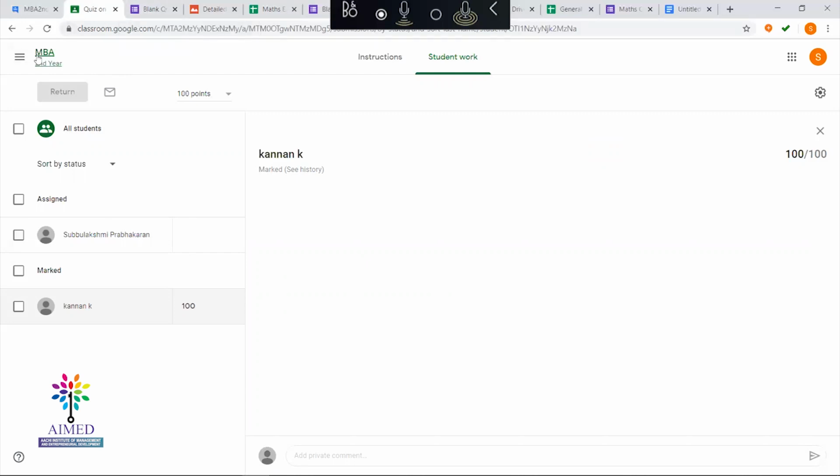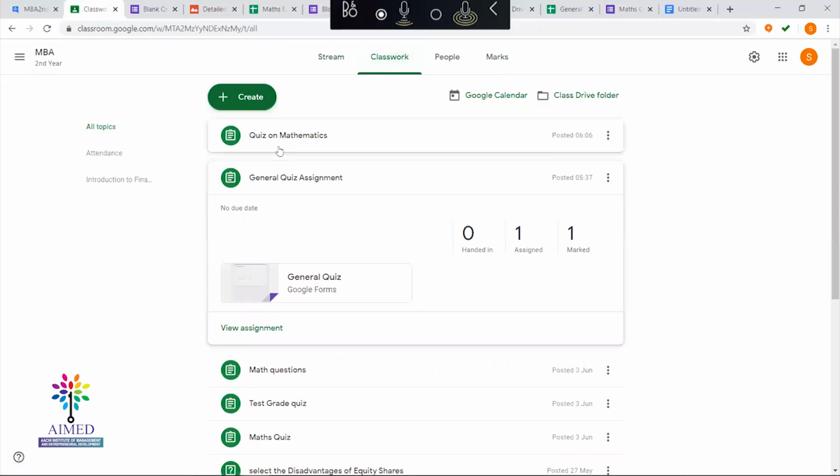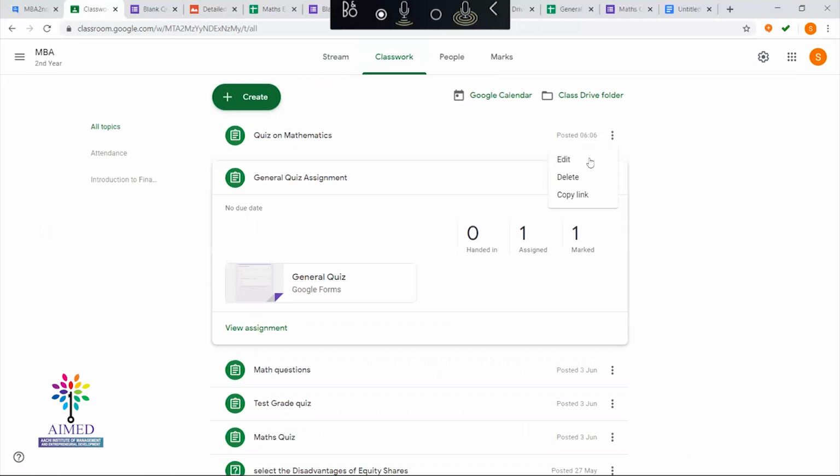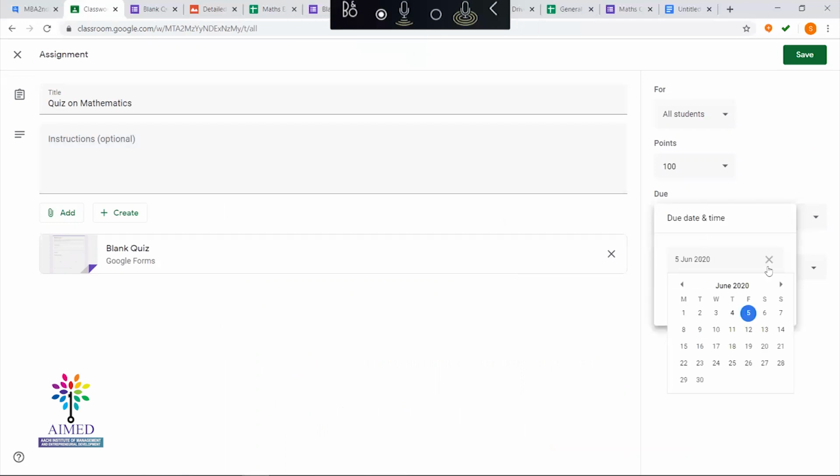it is very simple. If you go in Classwork, let me edit this quiz, my last quiz form itself. See, there is a due date and time here itself. Okay, you can set. Let's say this is a class test. Class test means it will be for 30 minutes or 1 hour, whatever time you're setting, that will be